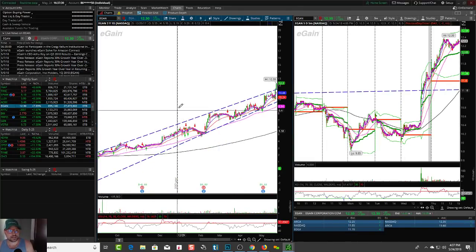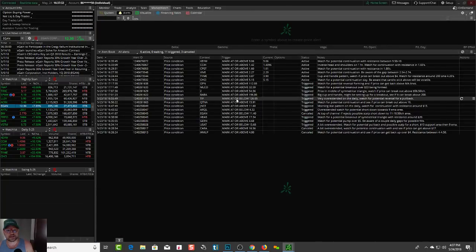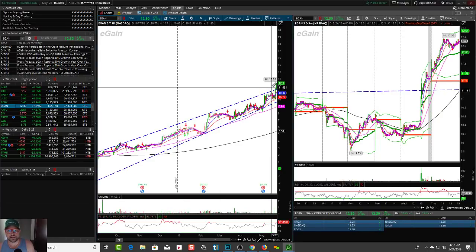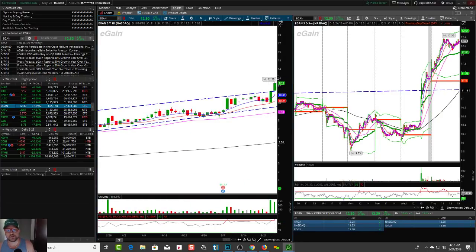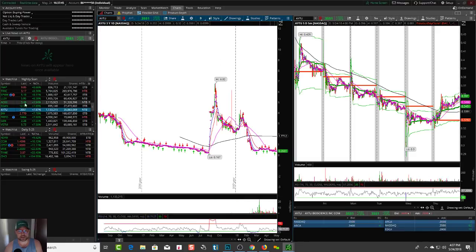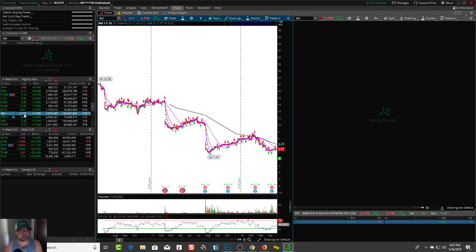This one, again, we had this one, I believe, for a short today, at or below 11.40. And obviously it didn't fall below. It actually broke out. So this one is still continuing up. So I'm not going to put that one on right now either way. Don't know which way it's going to go.